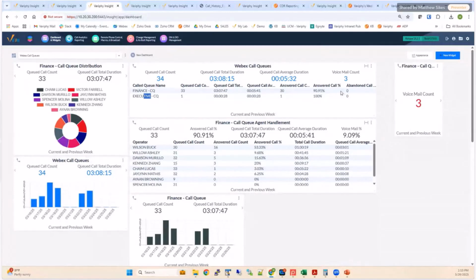Now, certainly we can see here for the finance call queue, those 33 calls we were just entertaining in that export report a minute or two ago. Here they are, right here in a summarized view. We can see that 33 calls were queued during this relative time frame. We can see what their stats were. We can see how many calls were answered. But then, of course,